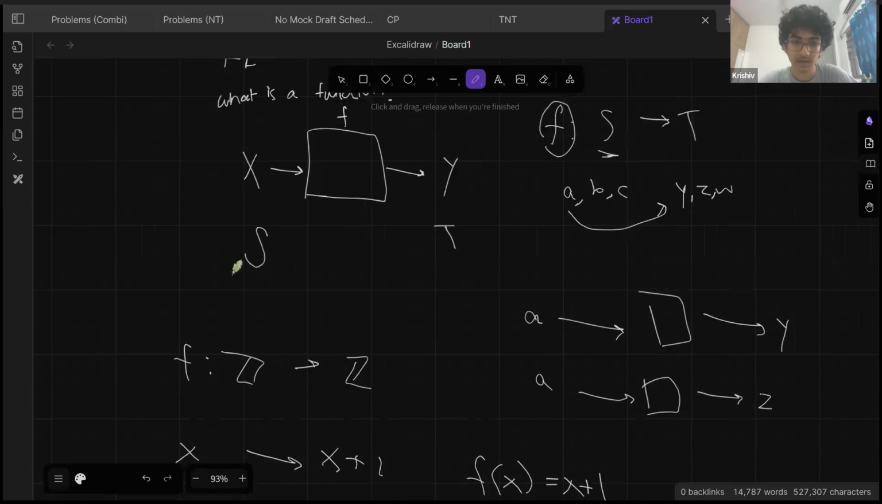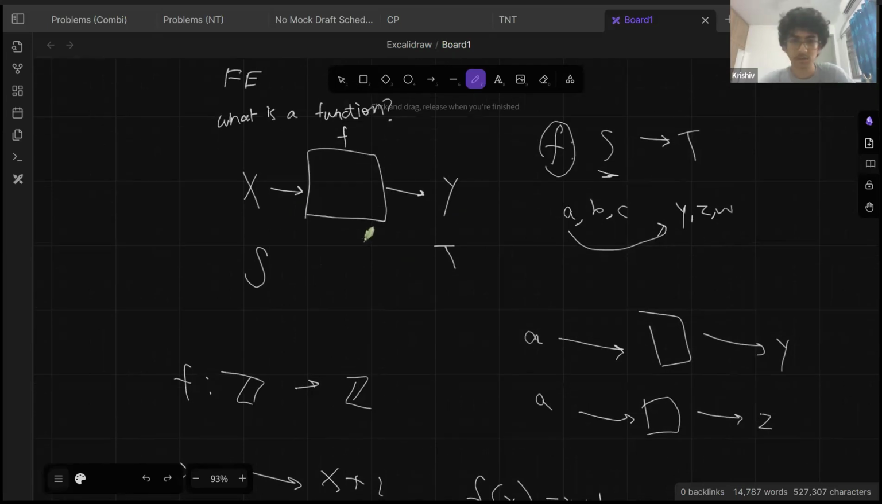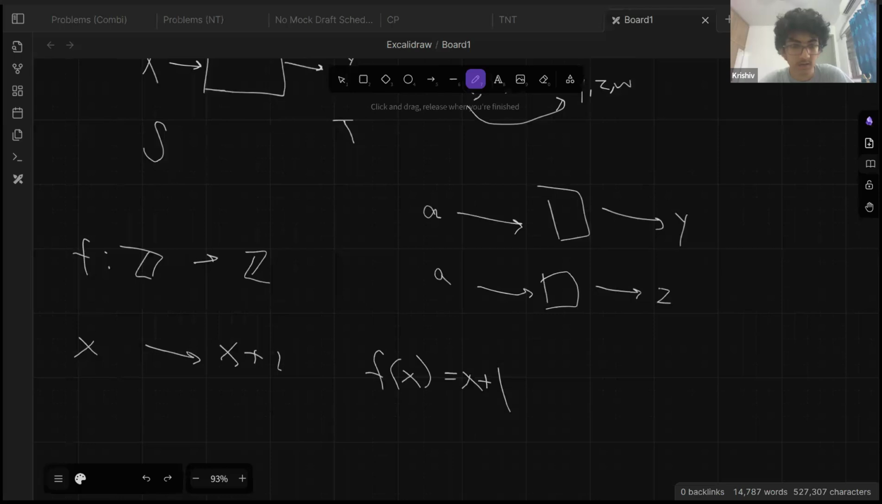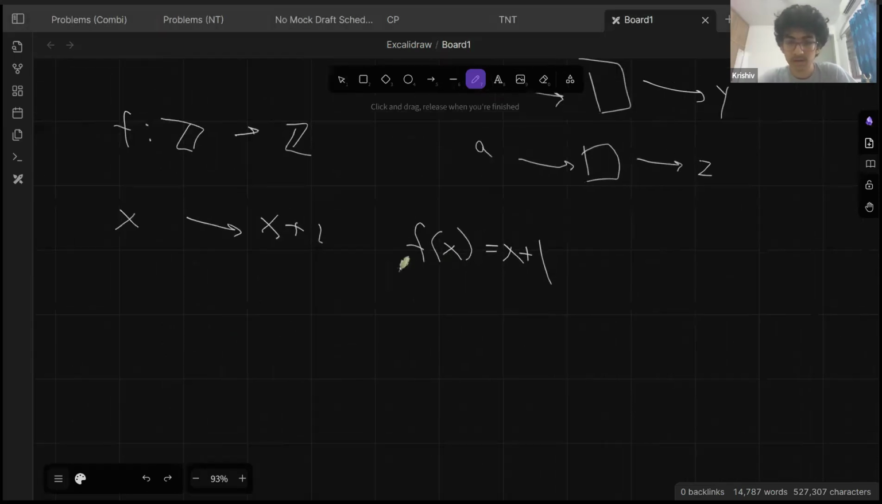I'll call this set the domain, and this set the codomain of f. This is all standard terminology. Can you still see the screen? Okay. So f of x is x plus 1, and what this function does is it sends 1 to 2, it sends 2 to 3, it sends minus 1